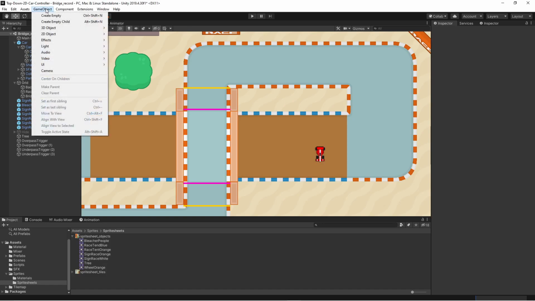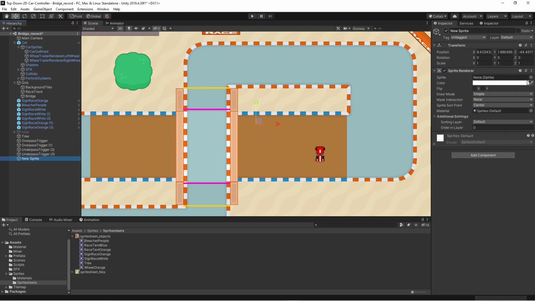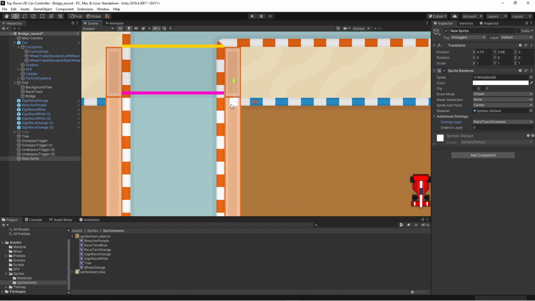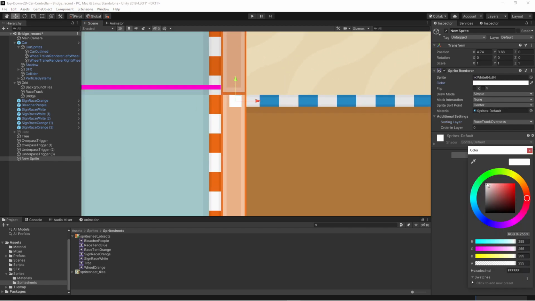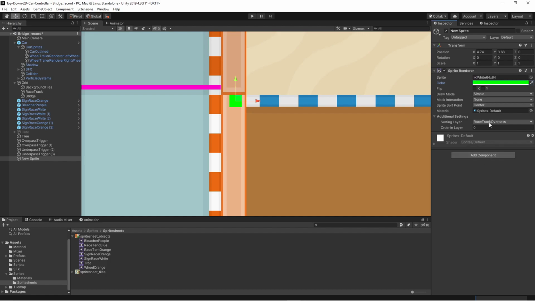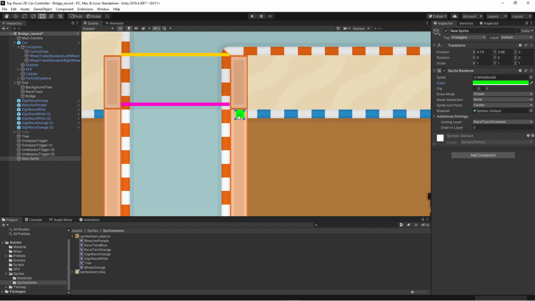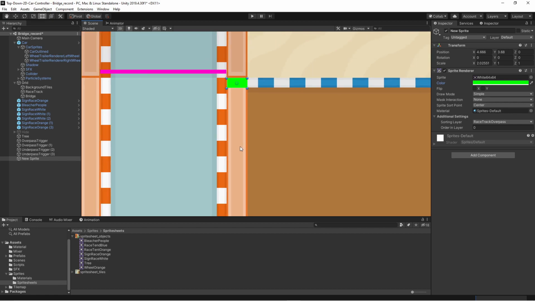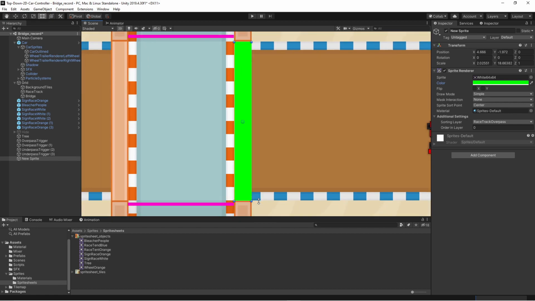So let's add a 2D object, and we'll just add a sprite, and we'll use our 64 white, and then we change the Z value, and we bring it on top here. And as we see, we can't really see the sprite, so let's change the sorting layer to racetrack overpass, and now we see it. So let's just make sure that this is green so we can see it a little bit better, and then let's change the size of the sprite to roughly cover the bridge part here, and we can bring it down